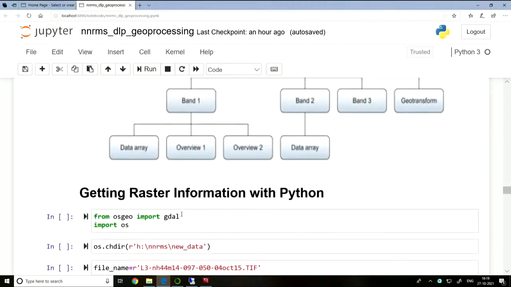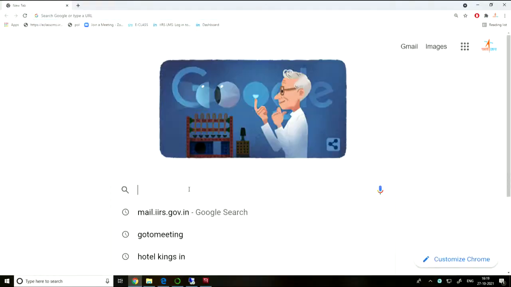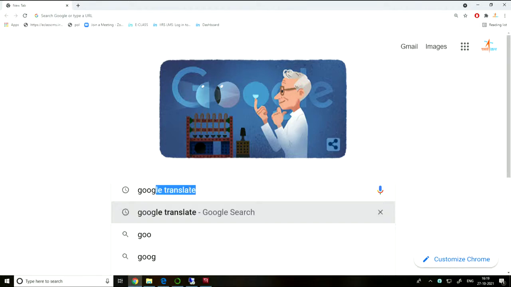So for today's demonstration, I am using Jupyter Notebook. You can either install it using Anaconda Python, or if you don't want to install anything on your system, you can just go directly to Google Colab. You just need a Gmail account, a Google account. If you just search for Google Colab,